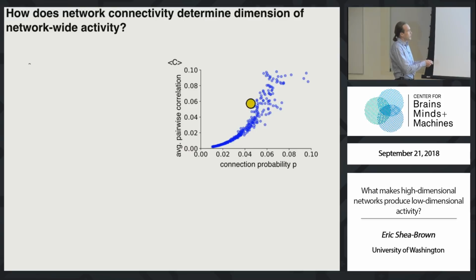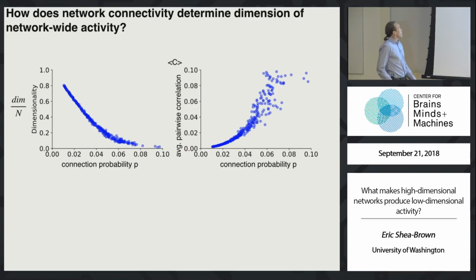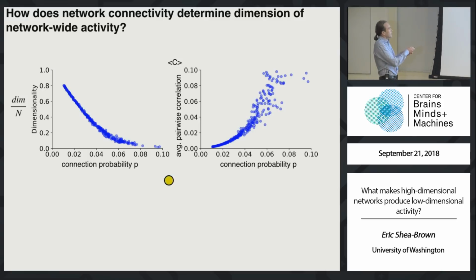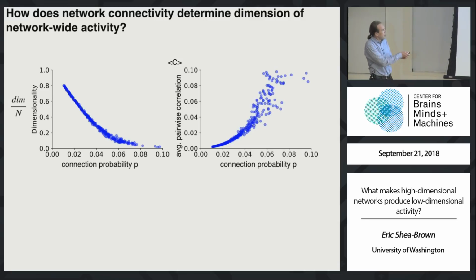And as you turn up the connection probability, cells get more and more correlated. Fine. Let's measure the subject of the talk at the same time for exactly these same networks. So every single dot here is one realization of a random network with a particular connection probability P, as I described. So let's plot not just the average pairwise correlation of all of these networks. That's what I've done here.